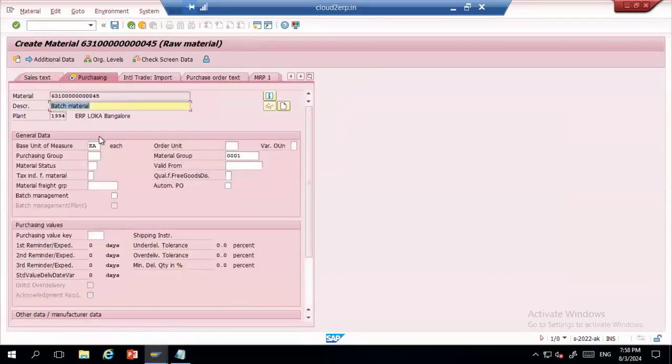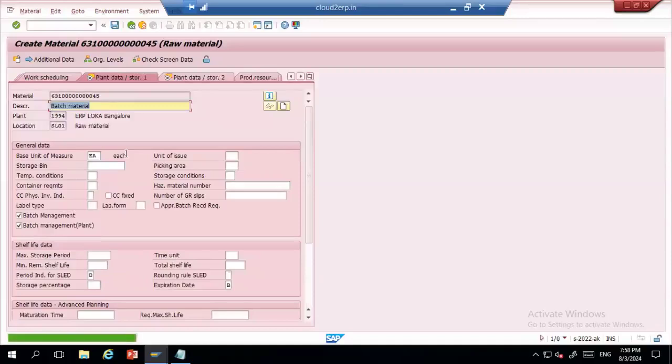Under purchasing, you have this batch management. This needs to be enabled. If you enable this, only then will the system consider that for this material there is an expiry date. Okay, I'll click on enter. In the plant data, you have this option called minimum shelf life, total shelf life. Let me first give minimum shelf life. I'll enter 10 days.